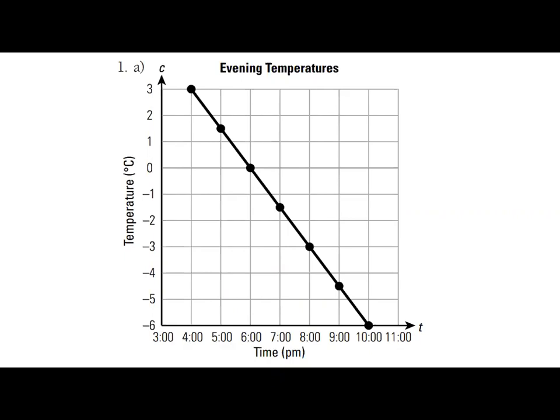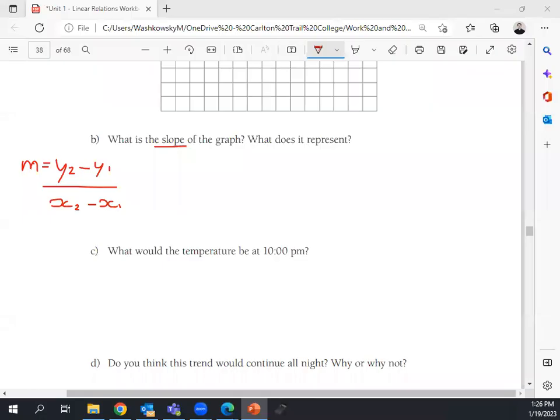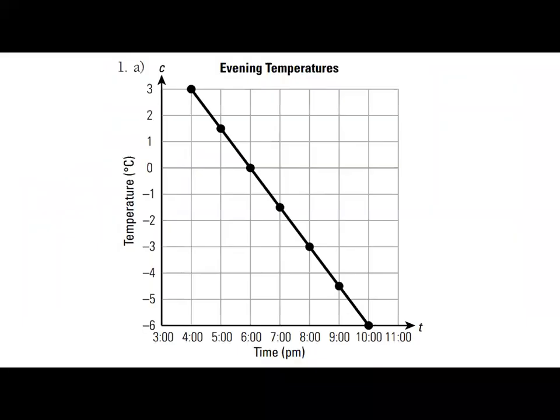So your graph should eventually look something kind of like this. It doesn't need to be exactly that. I know some of you started at like 4 or 5 or 6 degrees plus Celsius. That's okay. But your graph should look something like that, where it goes down at a very consistent pace, right? It goes down at the exact same rate. So if we want to find the slope of this, we use that formula, and we can take